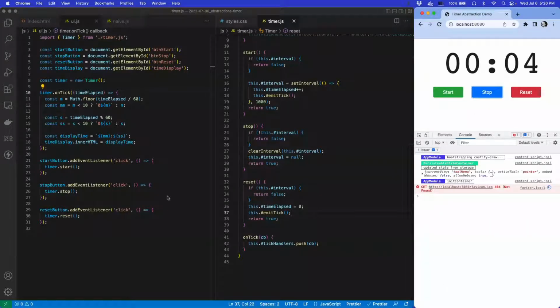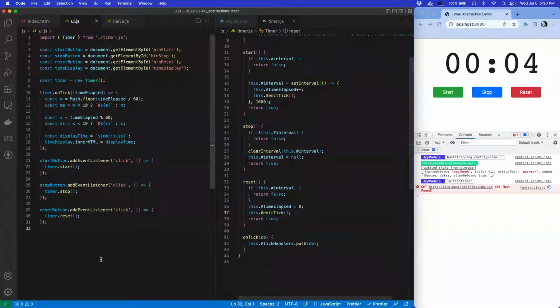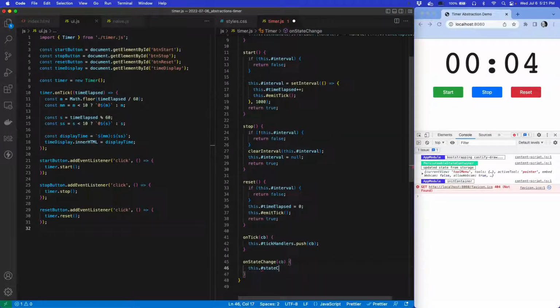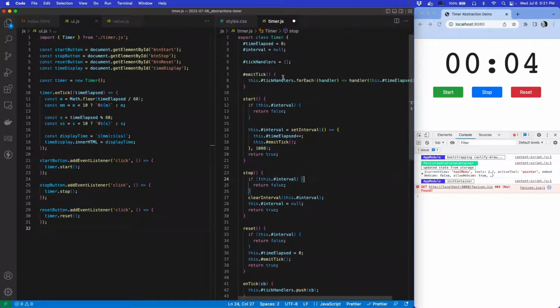Now the final piece, well, there's a few pieces still, but the biggest final piece is you'll notice that the start and stop and reset buttons are not changing their enabled state based on whether the timer is running. So we need something similar to the on tick. We could do on state change. Just like on tick, we'll say this dot state change handlers dot push callback. And what we want is